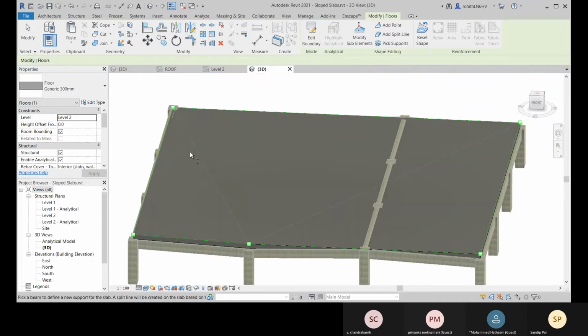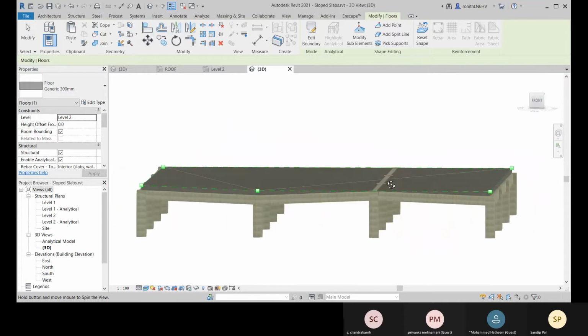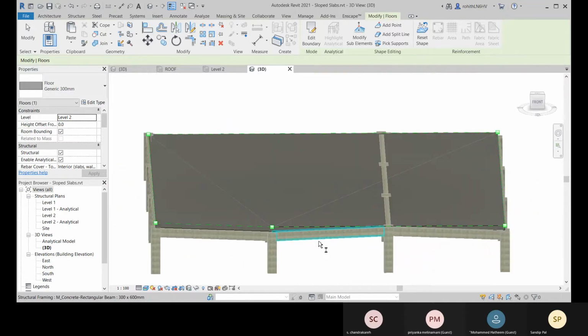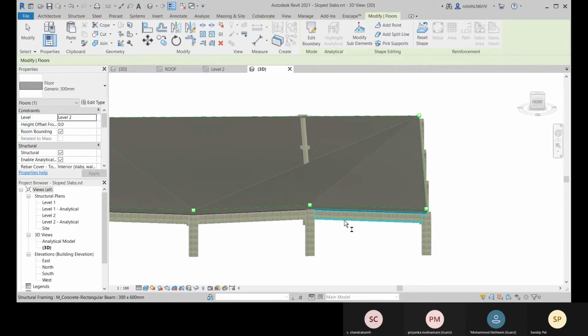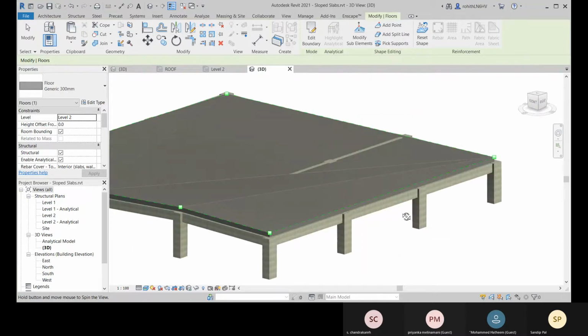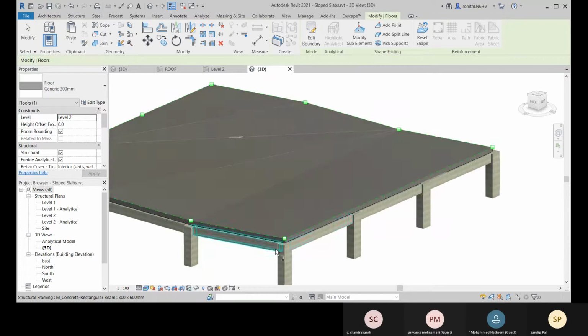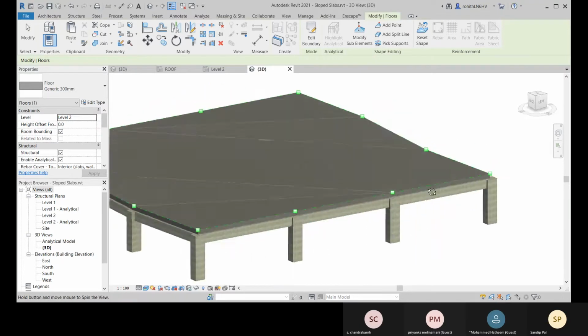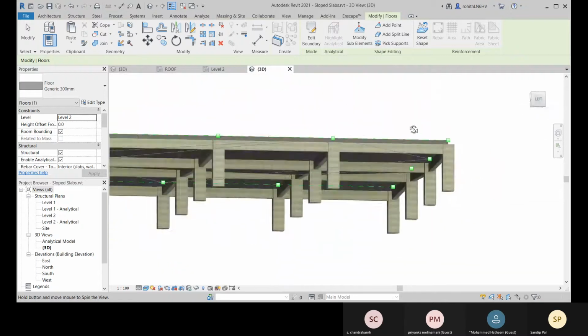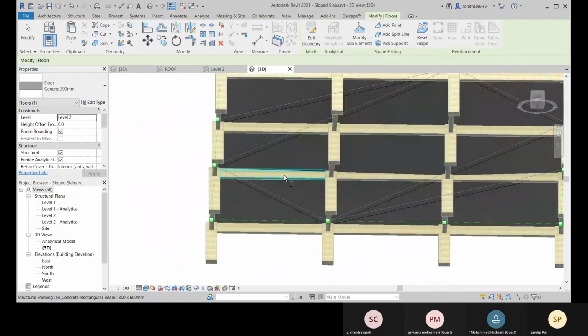To select this support, now you can see you got this. Like that, you have to select all your supports. Let me select all the outer supports first. Okay, so I'm done with that. Now let me select all these inside supports.